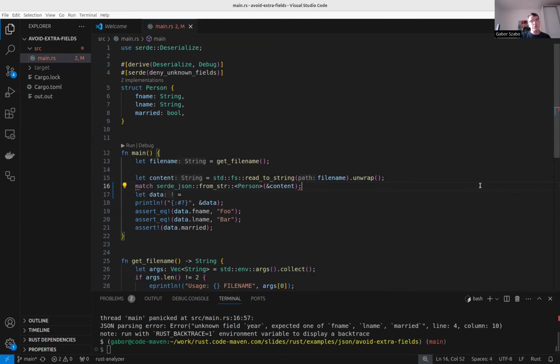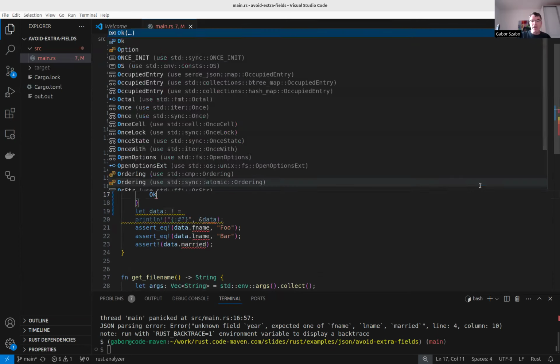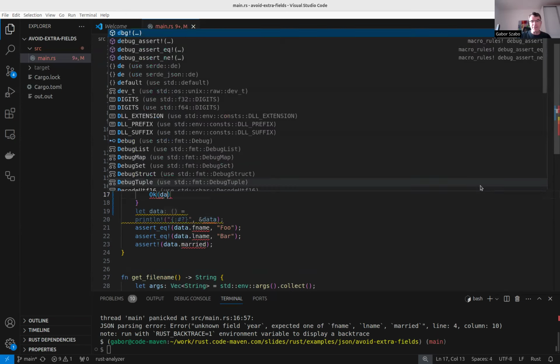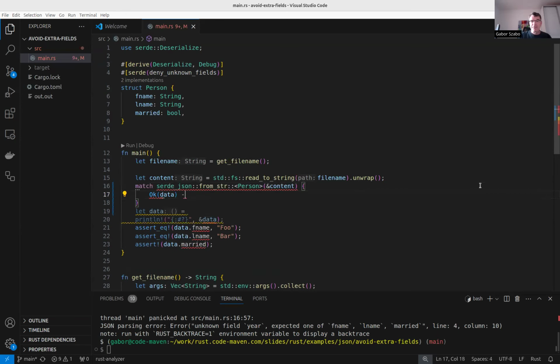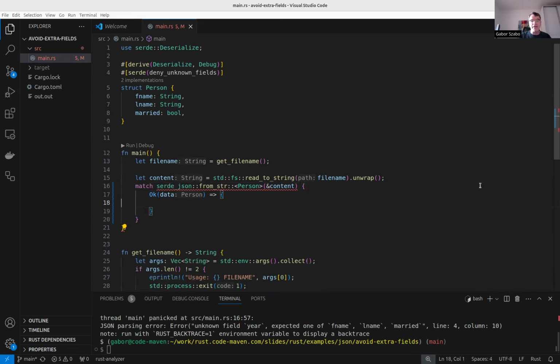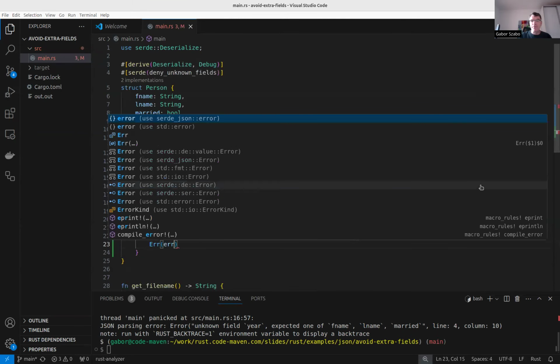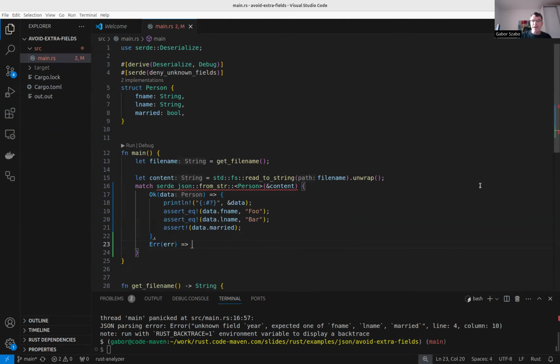Well, we could set a default, but I could say match, and if it's an Ok and there is some data, then do all this coding. So all this is in there. And if it's an Err, and I have some error message here, then